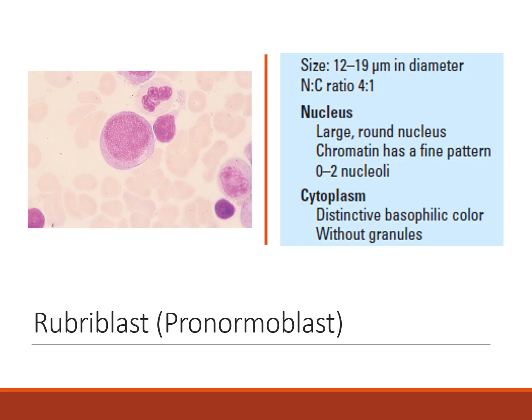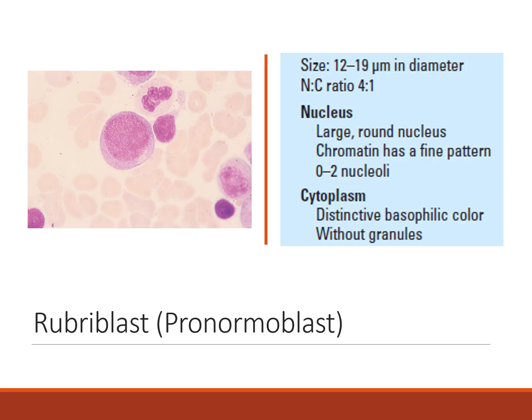Now, we really haven't gone into much detail about each one of these phases of development for the red blood cell, but let's talk a little bit about them now. We are going to go over in class during our student lab activity. We are going to look at our cell atlas and also some bone marrow slides, but just so that you have a visual reference in addition to the student lab time, let's talk about the characteristics of each phase